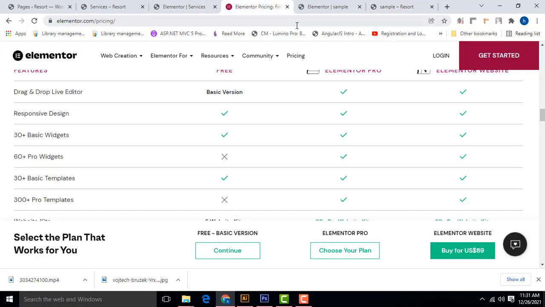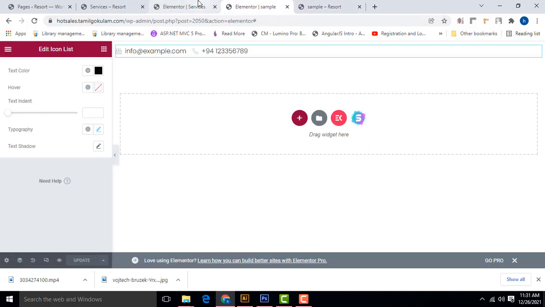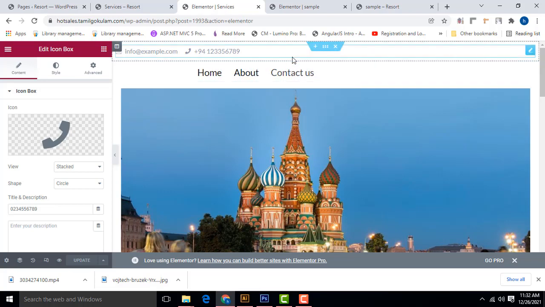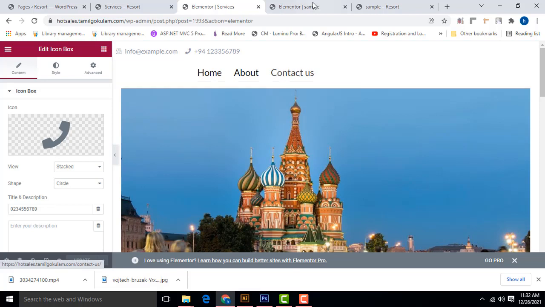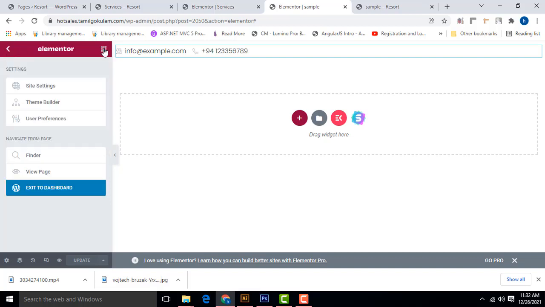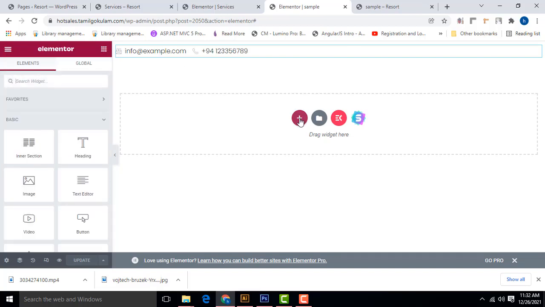Perfect. It's perfect. This website will look perfect. Now what I am going to do here is the rest of the stuff. This one I have done with the help of the Elementor kit. So how to do the task is, click on this, go here, the Elementor, sorry, click on this one.